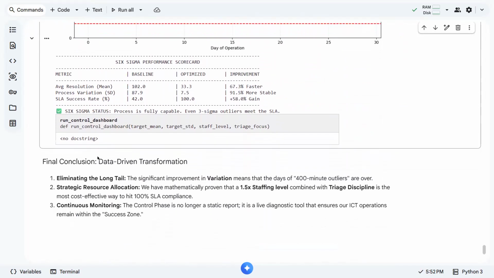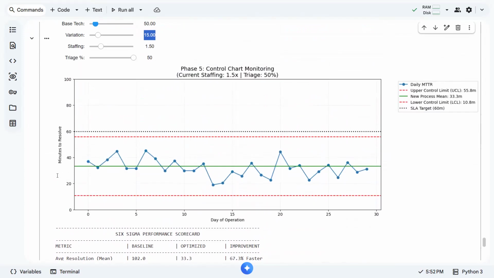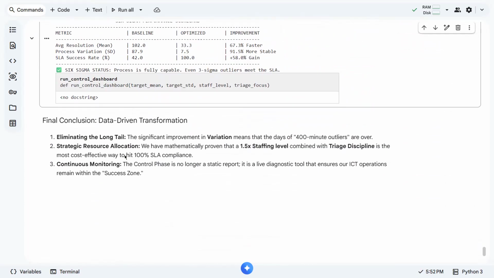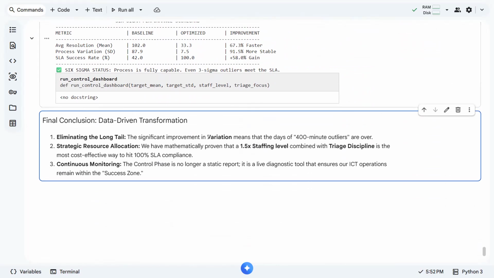So now, the final conclusion: if we have these configurations and make these efforts, we can eliminate the long tail of the variation. We can significantly improve our variation, meaning we no longer have 400 minute outliers or even 500 minute outliers. Also, we can have strategic resource allocation. We have proven that 1.5 is okay if we combine it with triage discipline.